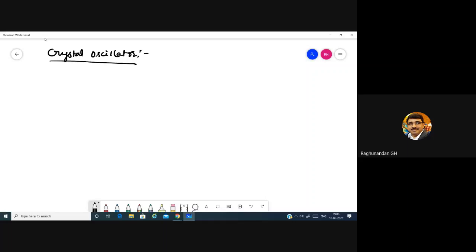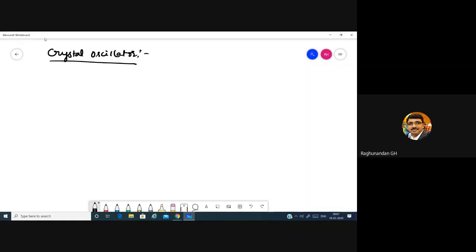But when you take a tank circuit, the crystal oscillator is not a kind of tank circuit. Tank circuits are the oscillators or circuits which have L and C components, inductor and capacitive components. They are known as tank circuits. If they are using RC components in the feedback network, then they come under the category of phase shift oscillators or RC oscillators. This is the crystal oscillator where we'll be using the crystal.